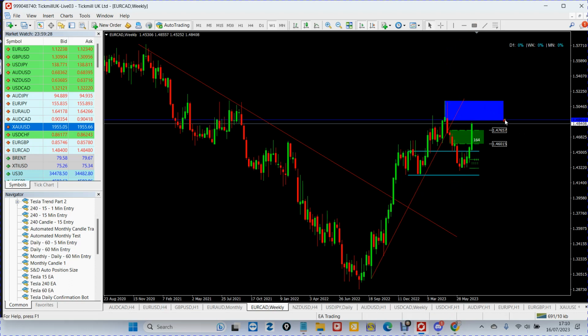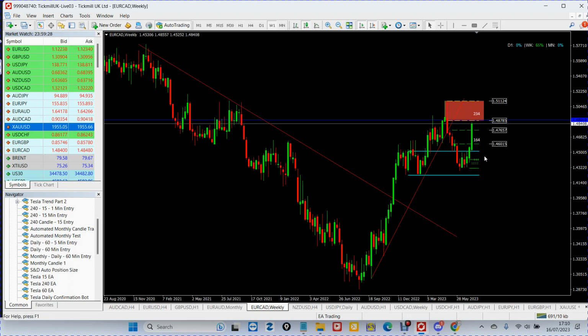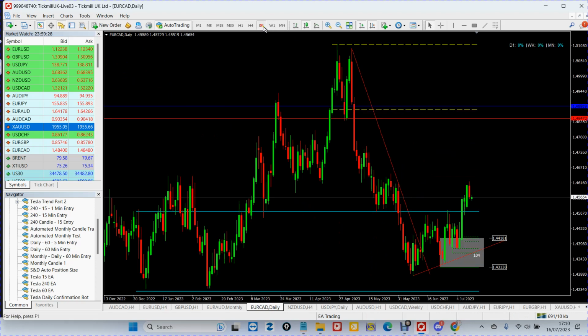So now, yes, it could reverse from up here, because this is potentially at a weekly double top. Hurdle, need to get through this hurdle. I don't want to be buying here. I want to be buying lower. I'm going to remove this now. I definitely want to be buying lower, so I'm just going to have to drill down the time frames and